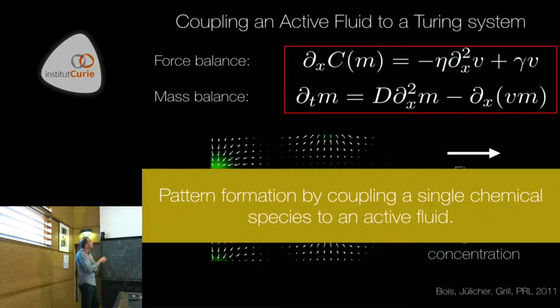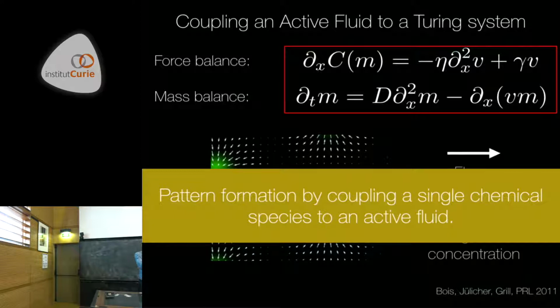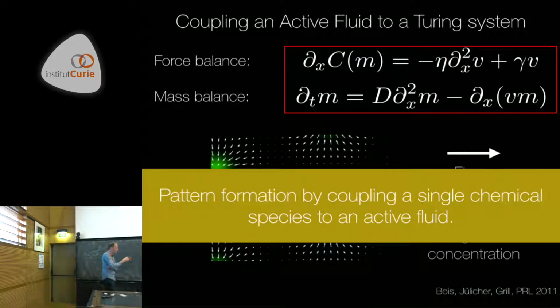So the key thing here is you have a system that can form a pattern, and this is really with a single chemical species now. And of course, the key thing is that you couple the single species to an active fluid layer. Okay. So now, what I'm going to talk about is taking this type of idea and making the chemistry